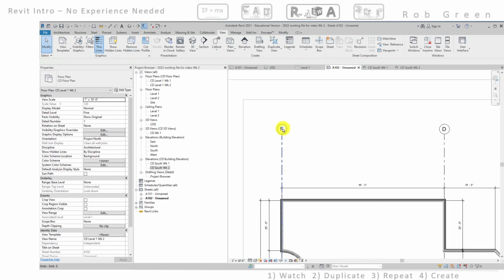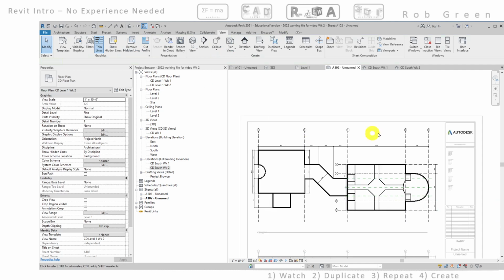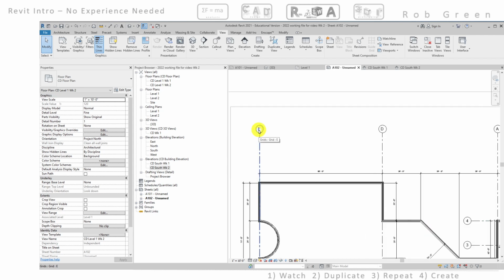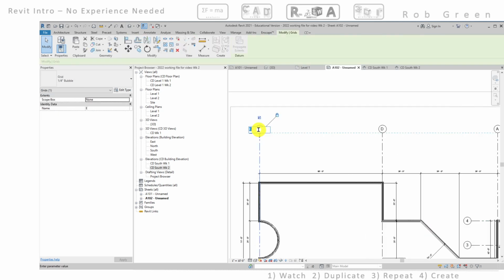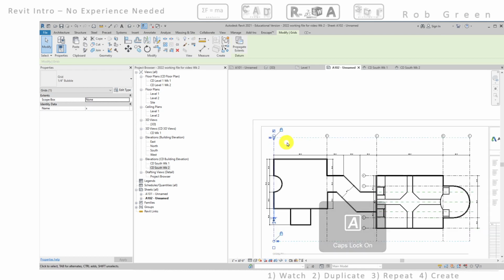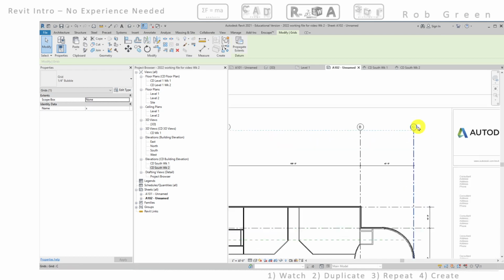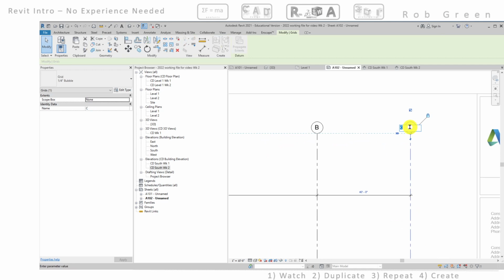So what I'm going to do is change this to E, D, C, B, A. If I try and make this one E right now, Revit won't let me because there's already an E. So I'm going to start here and change this to a default like X. I don't care what it is. I just want it to not be what I need. And so now I can go E,